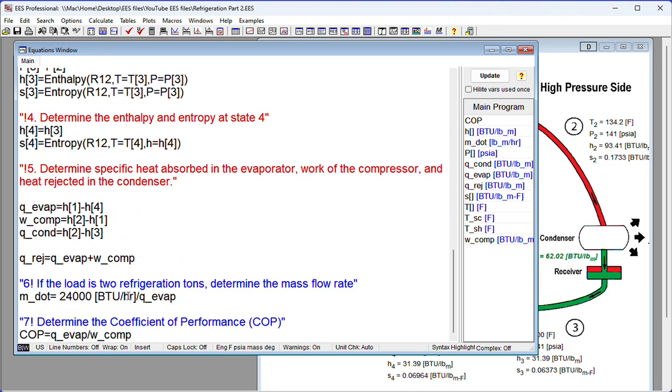What we want to do is take this 24,000 BTUs per hour. We're going to turn that into a variable. We're going to call that Q dot evap. So that's the rate of heat transfer in BTUs per hour from the evaporator, divided by the specific BTUs per pound flowing through the evaporator will give us our mass flow rate of pounds per hour. So we change that,